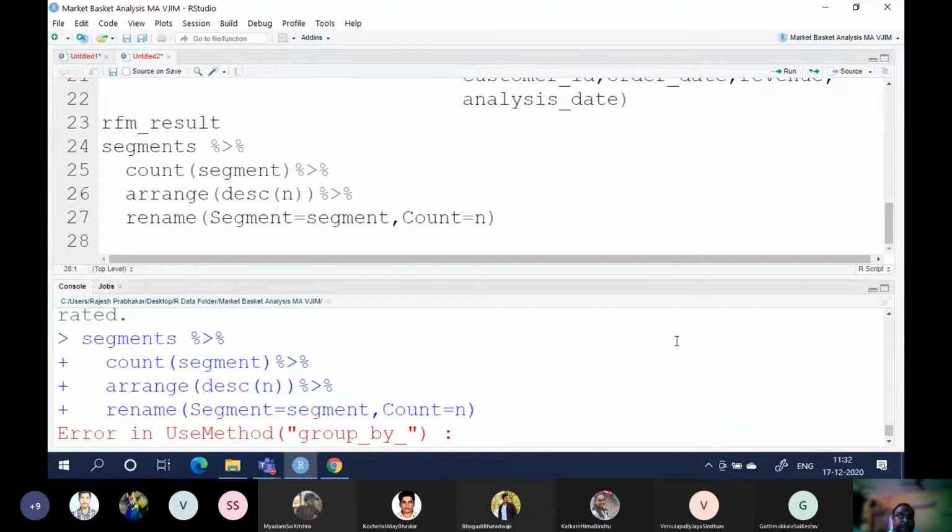Okay, group by applied to class function. So we can't see the segment size here.